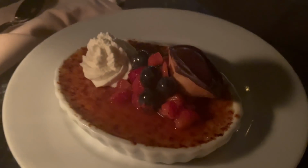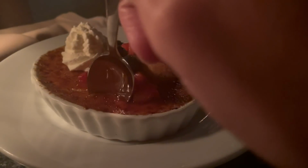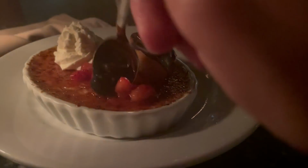Wow. Creme brulee. Capping this incredible meal off with the vanilla bourbon creme brulee, and it is heavenly. This whole meal is just